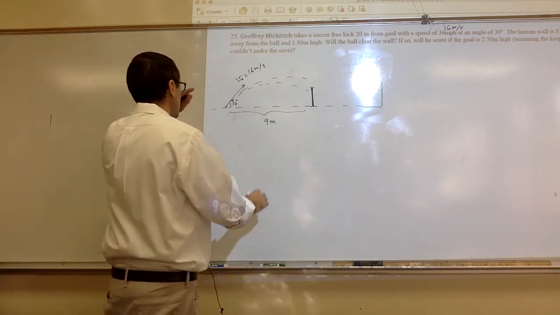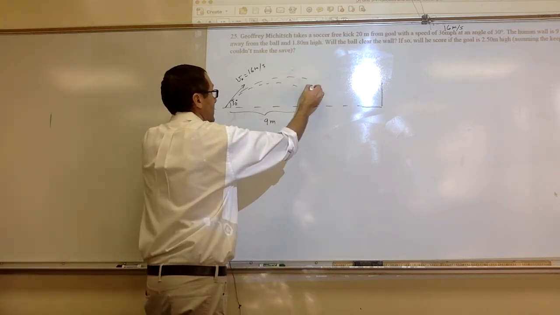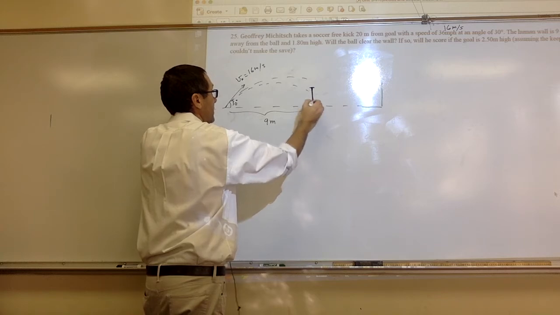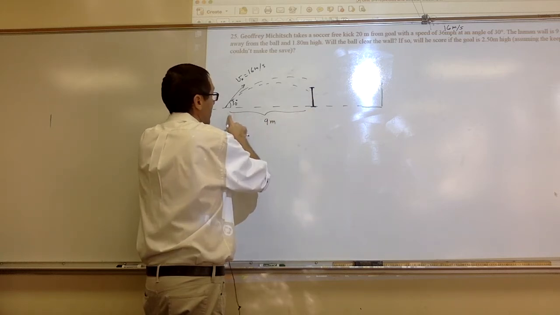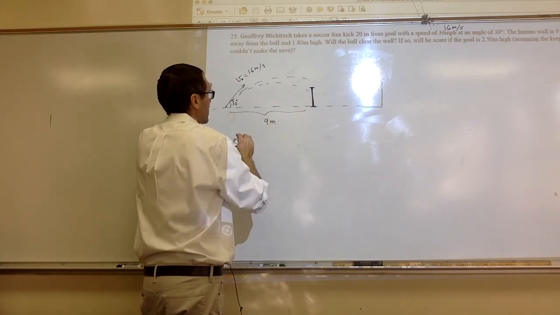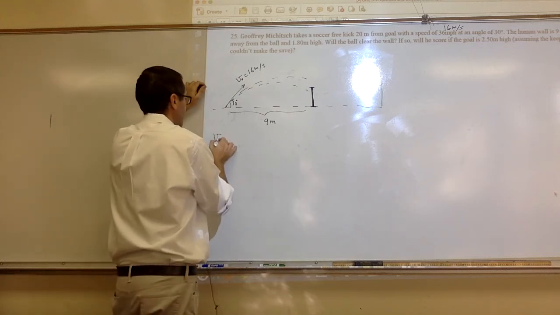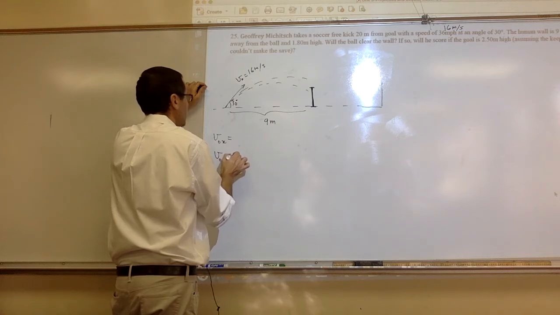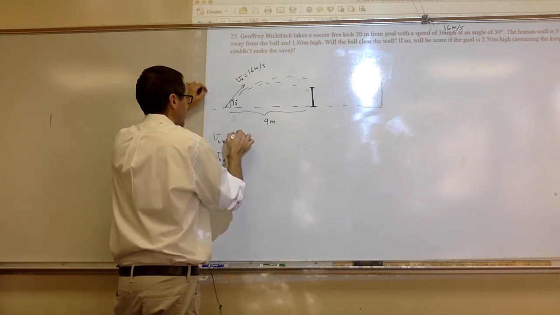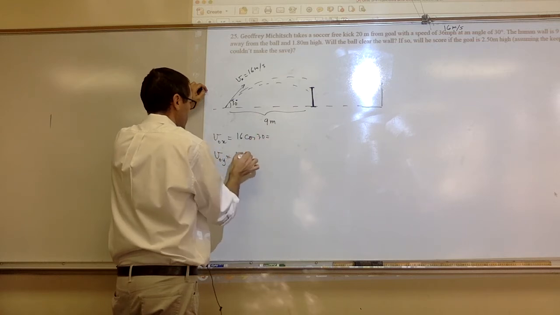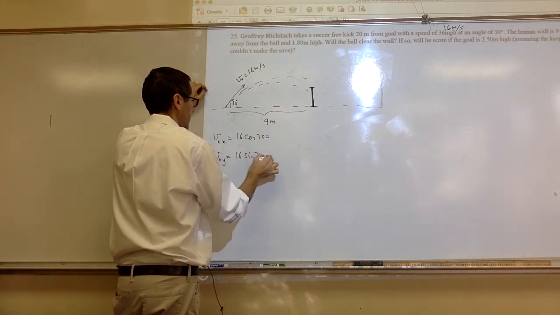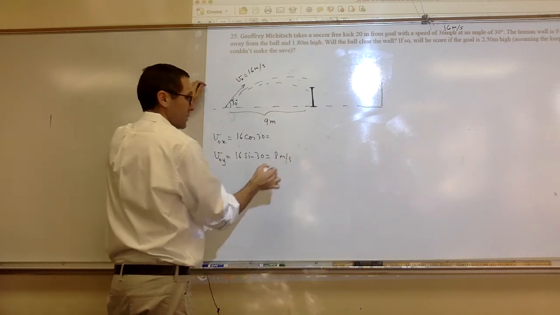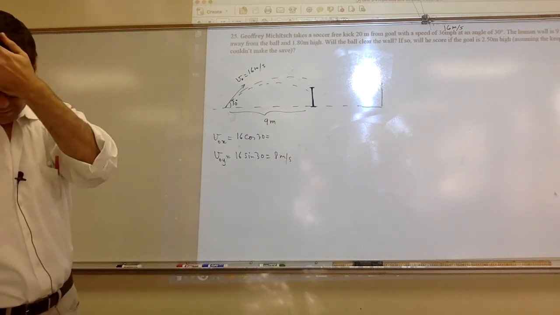All right. Will the ball clear the wall? So what I think we should do is figure out what the delta y is when the ball has traveled 9 meters horizontally. So I'm going to find the components of the initial velocity in both directions. This is going to be 16 cosine of 30, and this is going to be 16 sine of 30. Now this one is 8 meters per second,